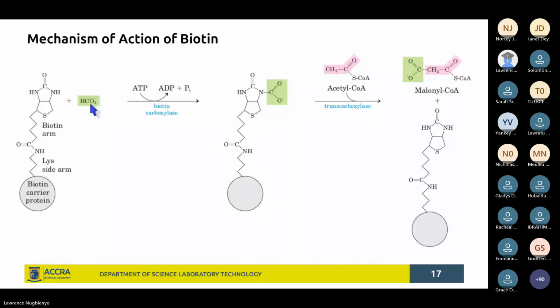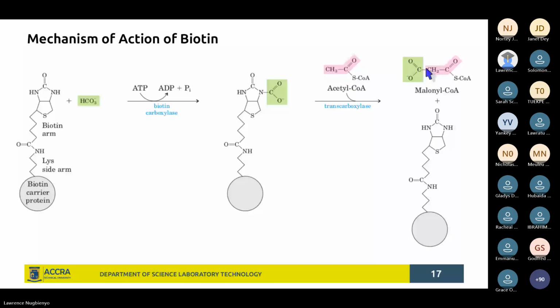And in the next reaction, you have the enzyme transcarboxylase, which then transfers that carboxyl group that biotin is carrying onto acetyl-CoA to give you malonyl-CoA. I think this reaction you come across in lipid metabolism, the conversion of acetyl-CoA to malonyl-CoA, or even the opposite of it,